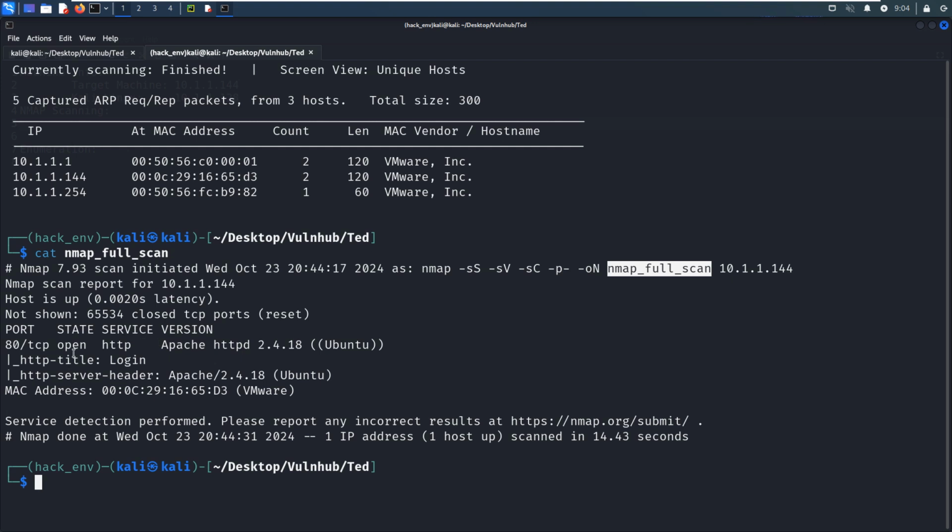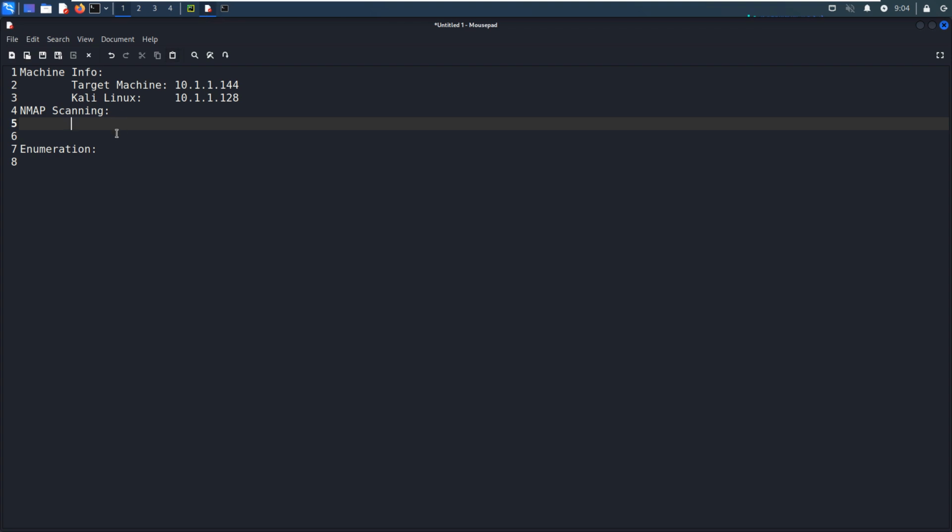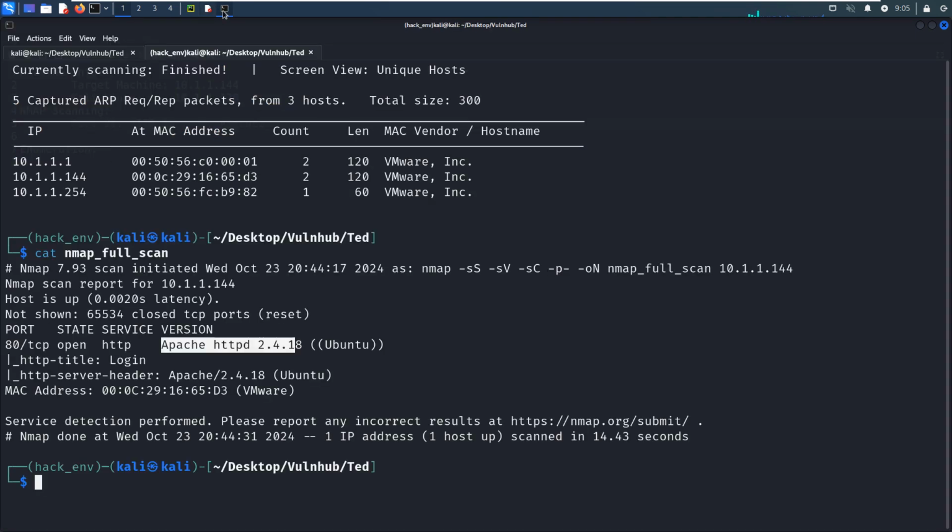We can notice from the output of Nmap that the target has only one open port number, which is 80, running HTTP service, and also its corresponding version information, Apache 2. So I think we can also put this information into a notebook. So the port number is 80, and HTTP service, Apache 2. Okay, so I think it's very clear.